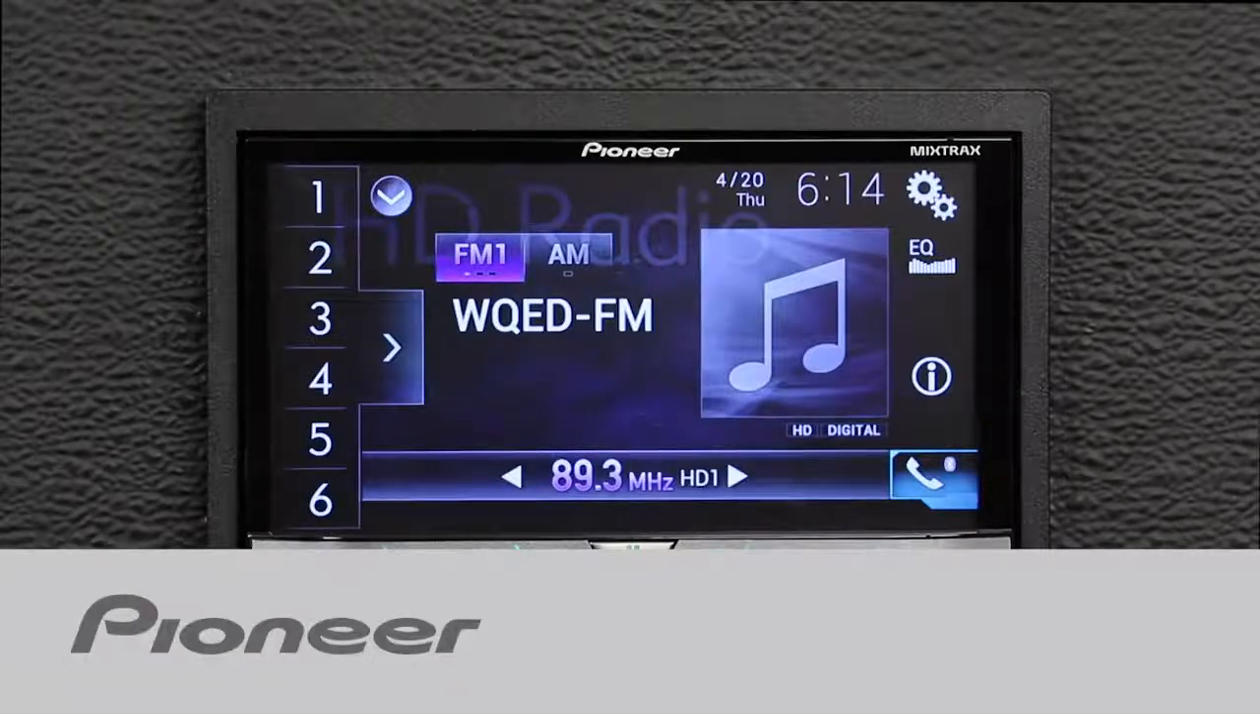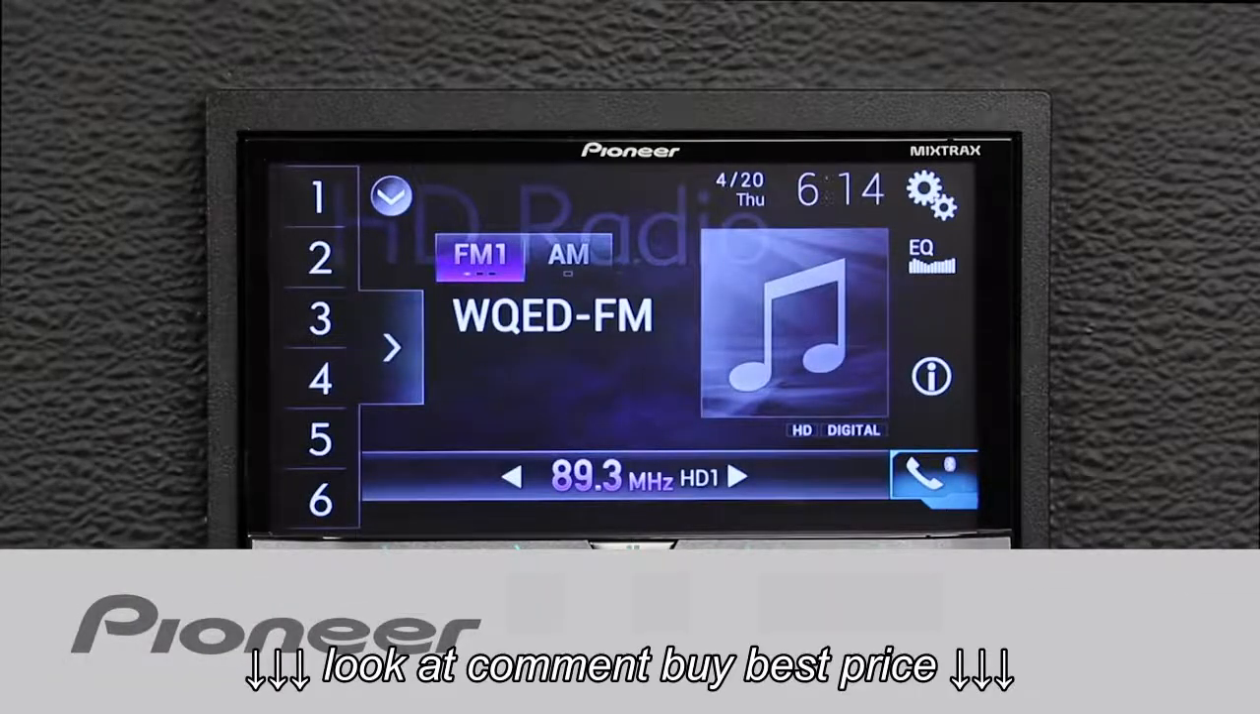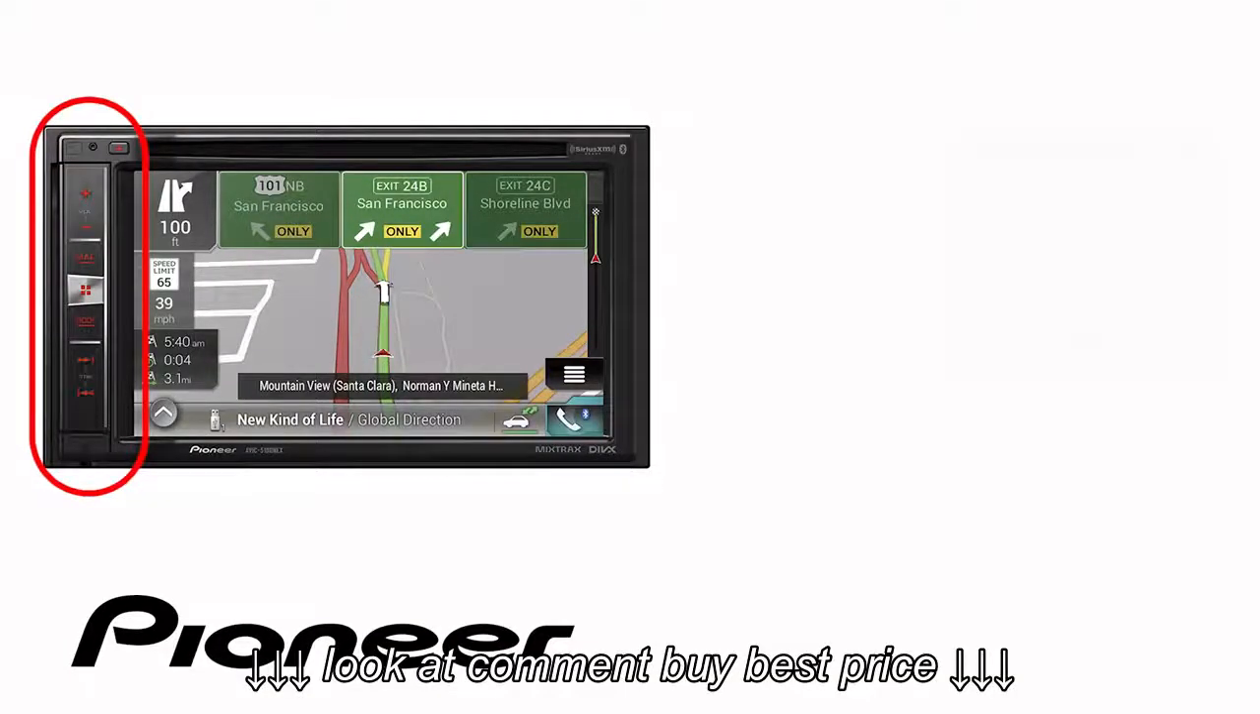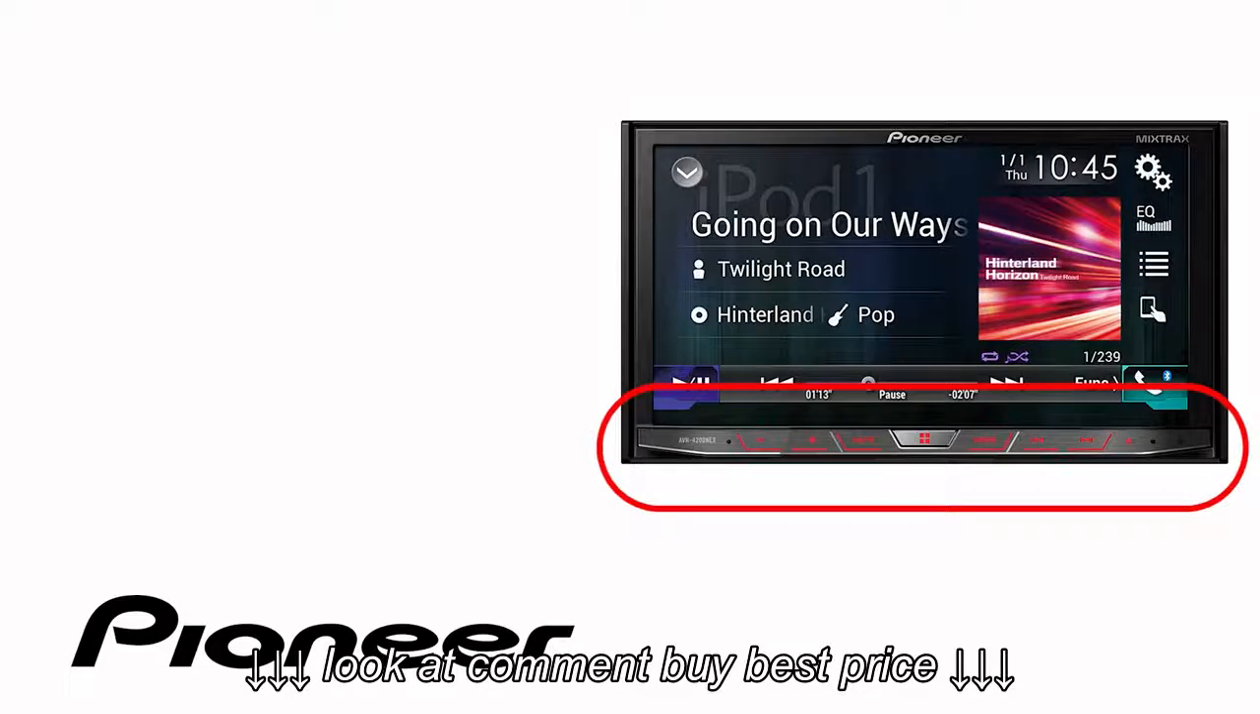Let's take a couple of moments and we are going to check out the audio settings on your Pioneer NEX receiver. Even though your particular receiver may have buttons on the side or across the bottom like this one, the